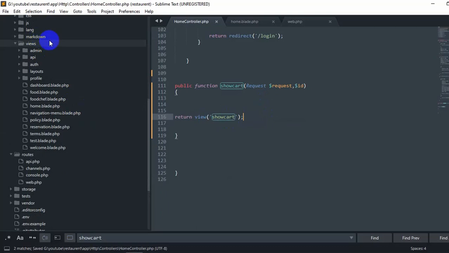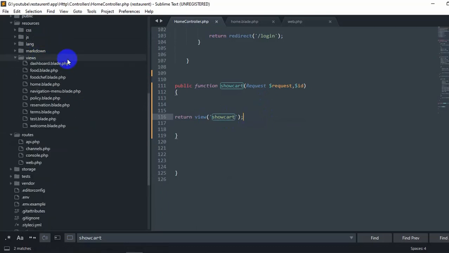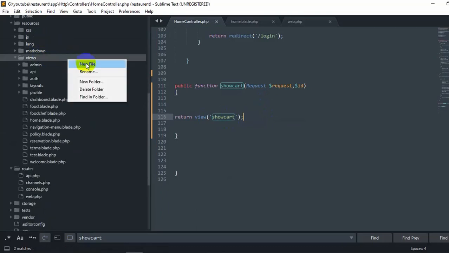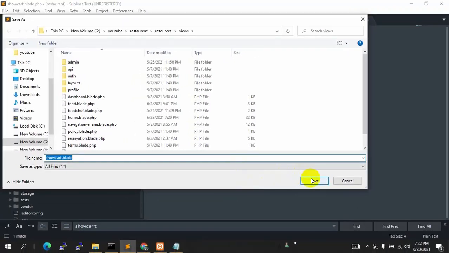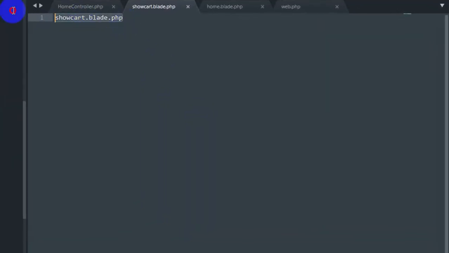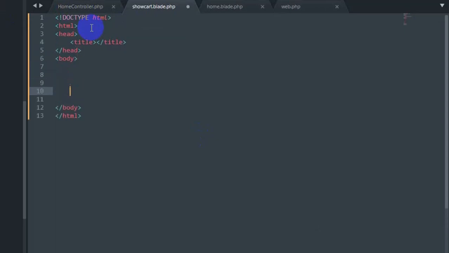So let me just click views, right click on it, then click new file, and over here we'll say show cart dot blade dot php. So let's save it, Control S, save. Now let's just write a simple HTML, and inside this body we'll say h1, let's say show cart.